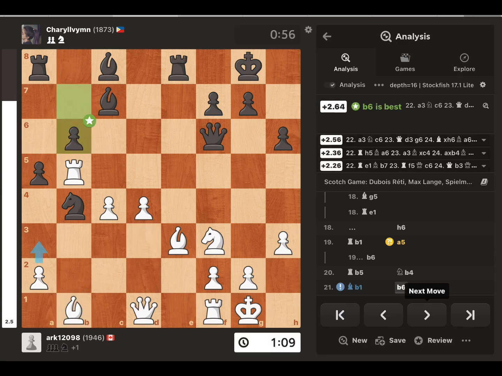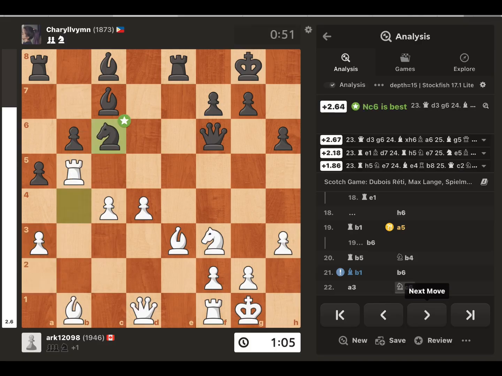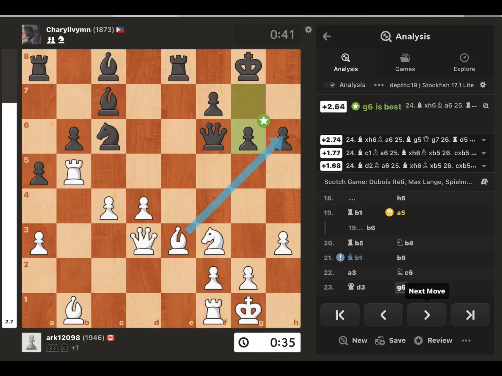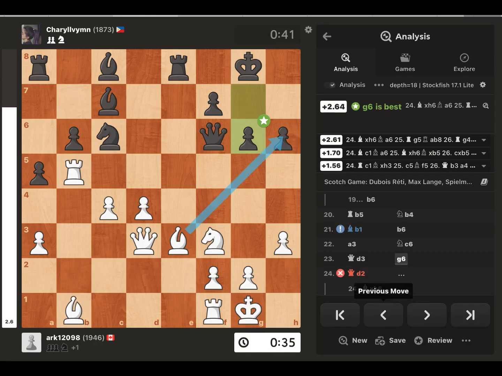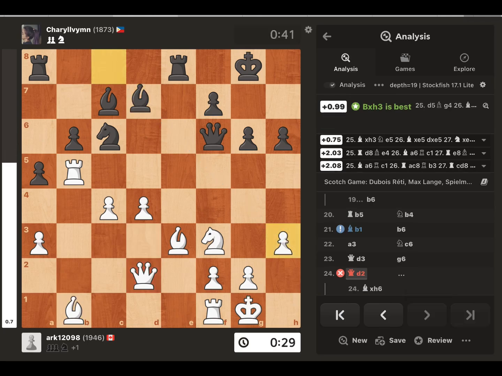So now he played b6, I play a3, kick the knight back because I want to move my pawn and force the knight to move further and further. So after knight c3, I played queen d3, g6, only move which black can play. So now I can take the pawn, but I made a mistake here. I played queen d2, so my opponent could take the pawn